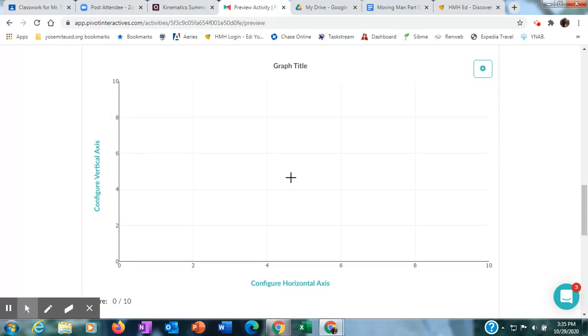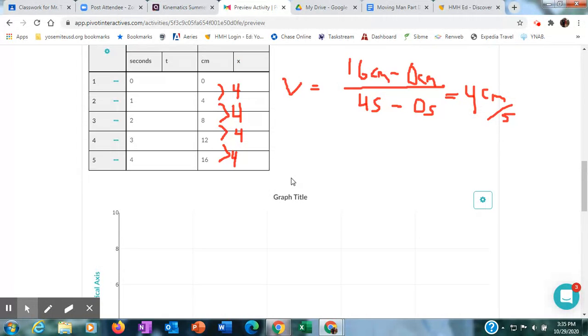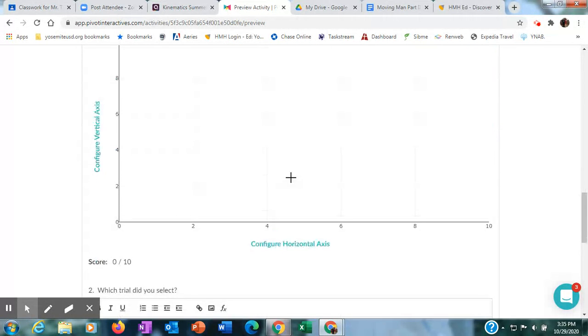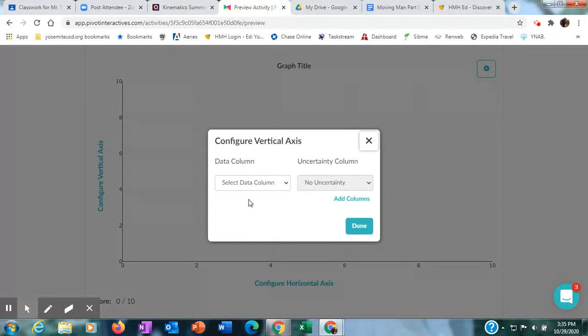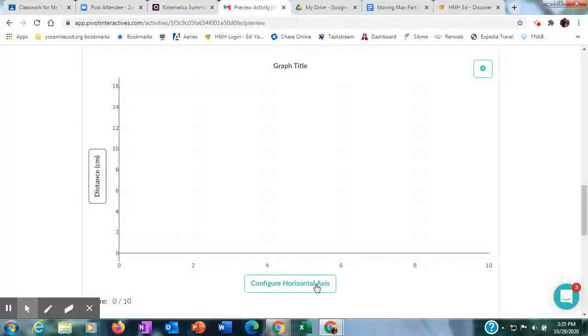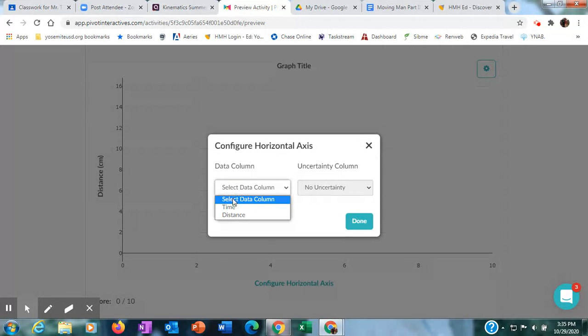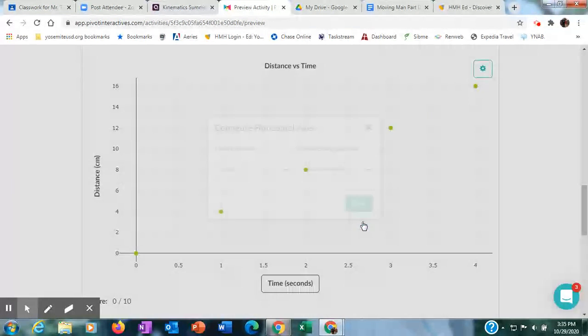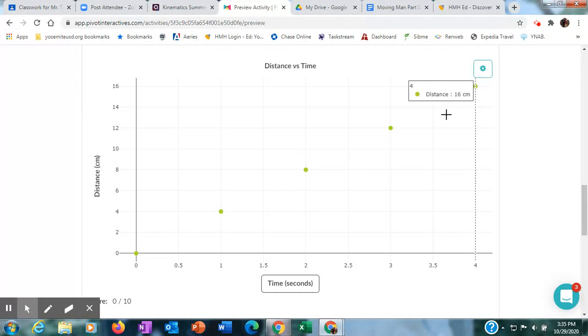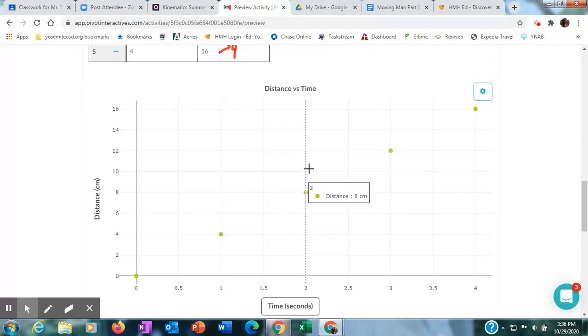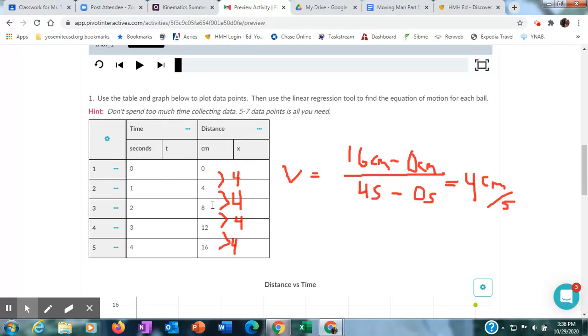All right, so now, what about this? What happens if I want to view it from a graph? Right now, let me configure my vertical axis, and I'm going to say that is going to be distance. And then my horizontal, I'm going to give it time. And so therefore, I'm going to get these nice little data plots. Once again, from your math classes, 1 second right here is going to be equal to 4 centimeters. 2 seconds is going to be equal to 8,